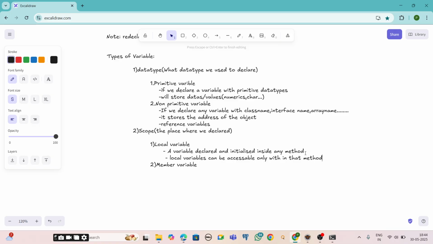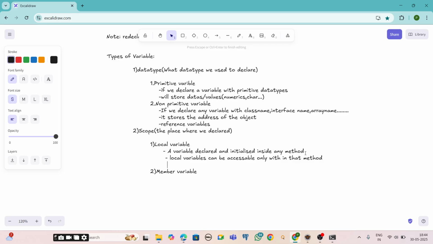We cannot access it outside that method, because local variables get destroyed once the total method execution is completed. Once the method is called and executed, the local variables are destroyed.